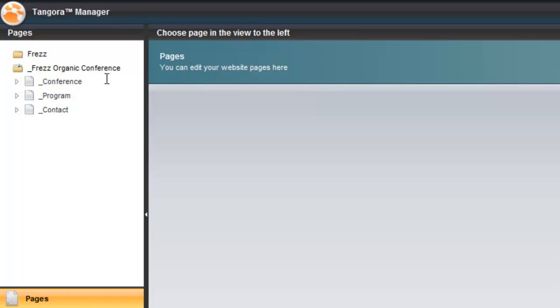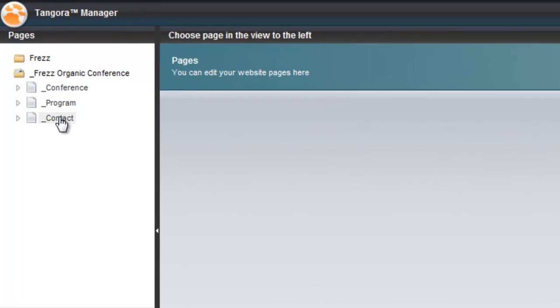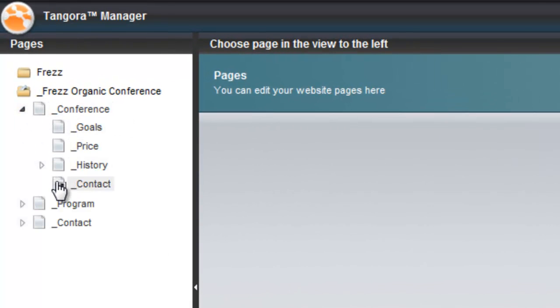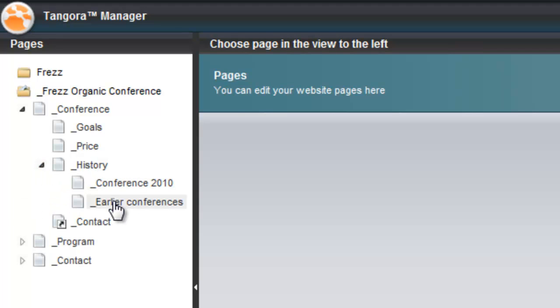When we talk about our site structure, we can refer to the levels in the hierarchy of our site by number. Take a look at this example site here, which I'm going to recreate for you in this video. Here, the first 3 points are our first level navigation. The next level in our hierarchy is the second level navigation, and then comes our third level navigation. If I wanted to, I could also create more levels. And when you create a layout in Tangora, you decide how you're going to represent these levels.